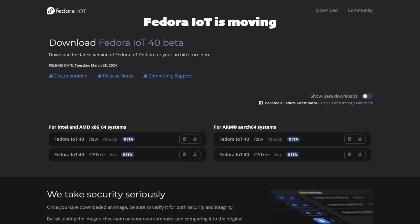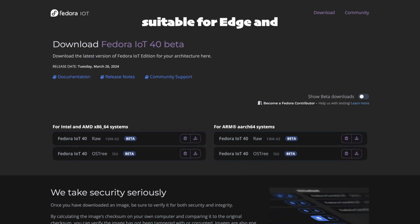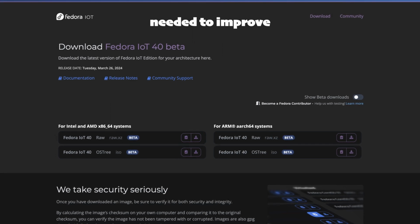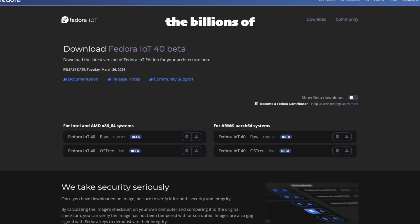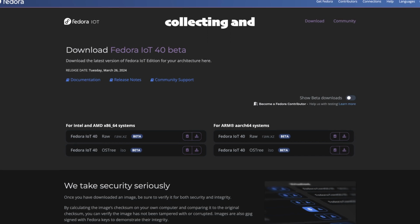This change means Fedora IoT is moving towards an operating system suitable for edge and IoT use cases. Edge computing brings computation and data storage closer to where needed to improve response times and save bandwidth. IoT, or Internet of Things, refers to the billions of physical devices worldwide connected to the Internet, collecting and sharing